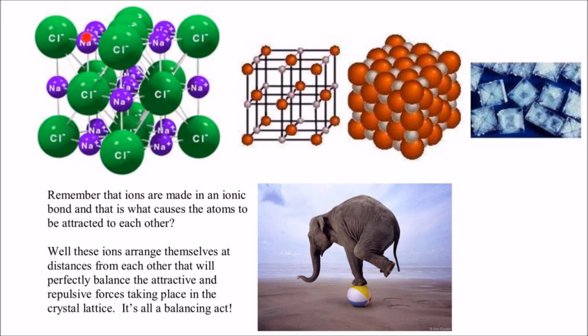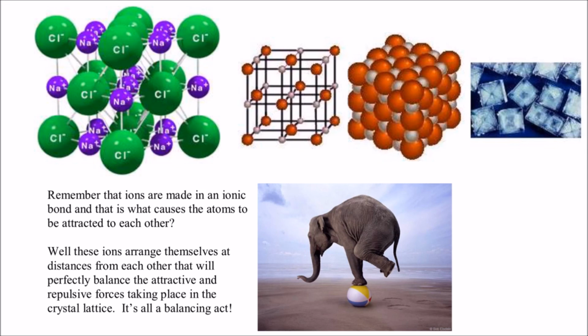So yeah, this sodium ion is positively charged and that chlorine ion is negatively charged, and we know that opposites attract, so this sodium ion wants to get closer to that chlorine, but when it tries to, it starts getting pushed away by these sodium ions that have positive charges. Same thing here. This chlorine ion wants to get closer to that sodium, and it wants to get closer to that sodium. But if it tries to, then this chlorine ion and this one start pushing it away.